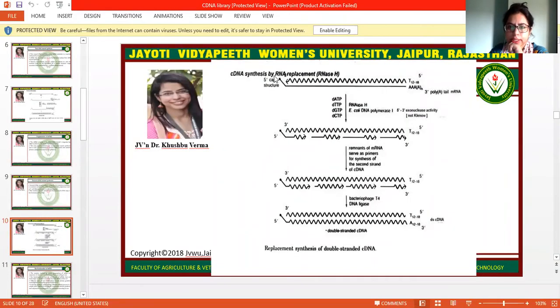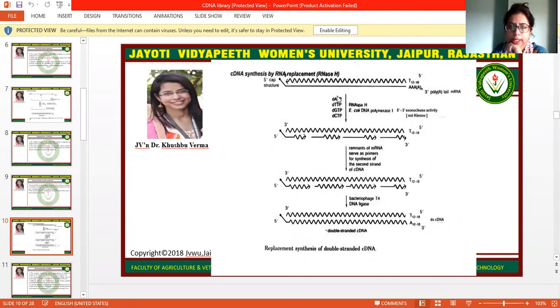Here we can simply see this is messenger RNA. This is the first cDNA strand, and this is the hybrid of cDNA and messenger RNA. Further, RNase H will come. It will degrade the messenger RNA and will create short stretches, which can be used as primers for the synthesis of the second strand of the cDNA.